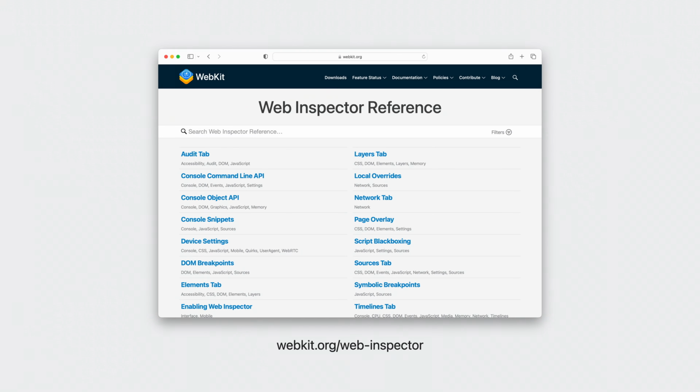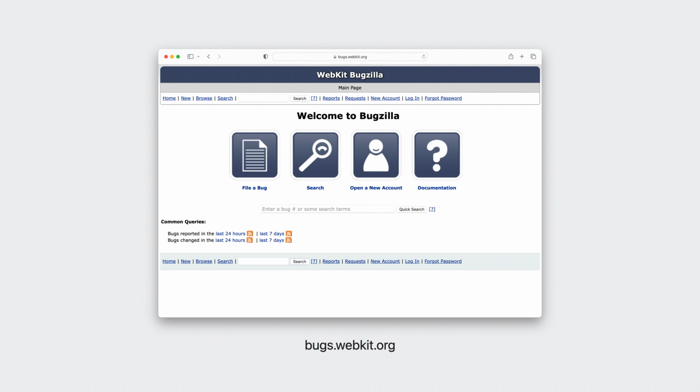And there's so much more that Web Inspector can do. If you want to learn more about these and the many other features you can use, go to webkit.org to find in-depth blog posts and documentation. We'd also like to hear from you. If you encounter an issue or have ideas for how we can improve Web Inspector, please let us know by filing an issue on WebKit's bug tracker for the Inspector product.